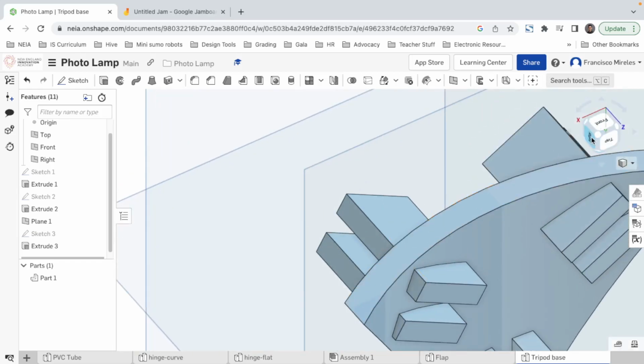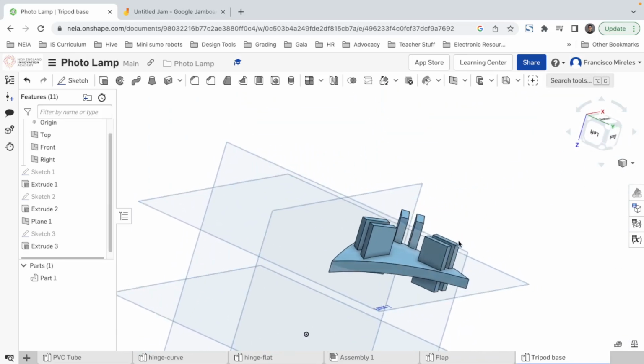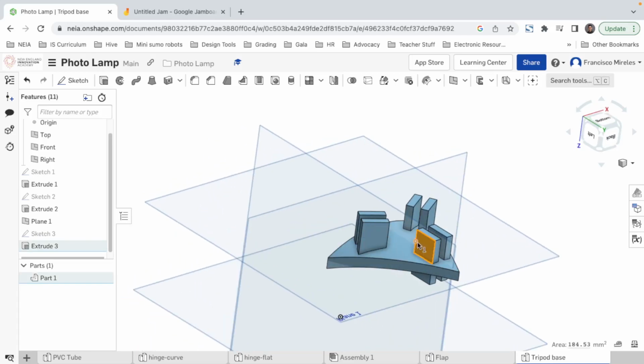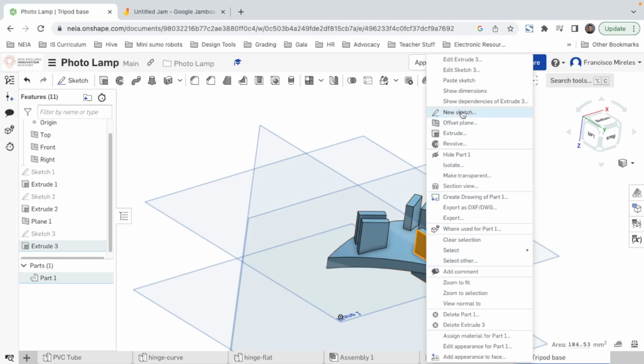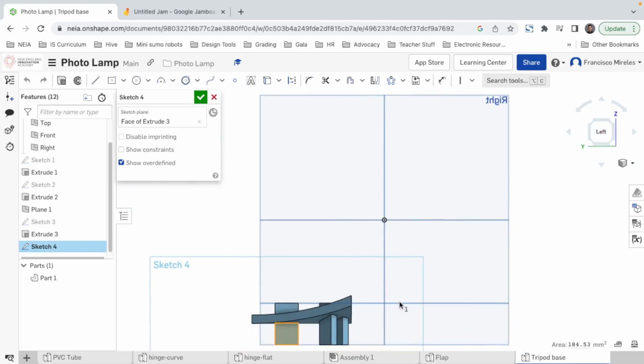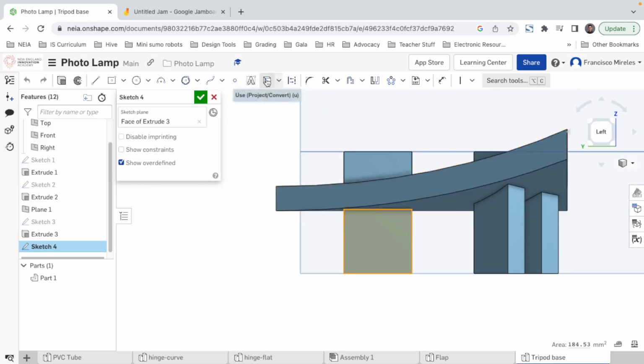Okay, so right, top, front. Okay, let's do it here, because this is the one, as you can see, that has the shorter distance since the curve happens in this other direction. So let's work here. Let's do a new sketch on this face, and let's draw a circle. I think we can do it in the center of this square. Or maybe not, because if we modify the distance, it's gonna change, and that's gonna make it look not proportionate. So I'm gonna bring this line over with projection, make it a construction line, just to have it as a reference